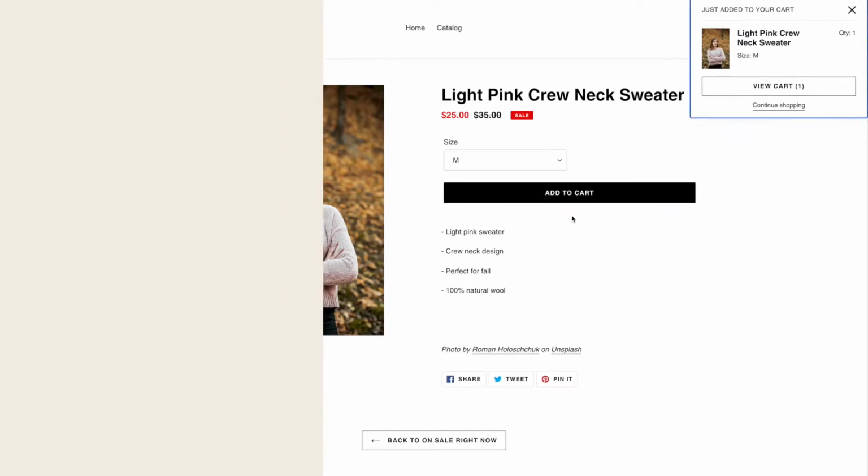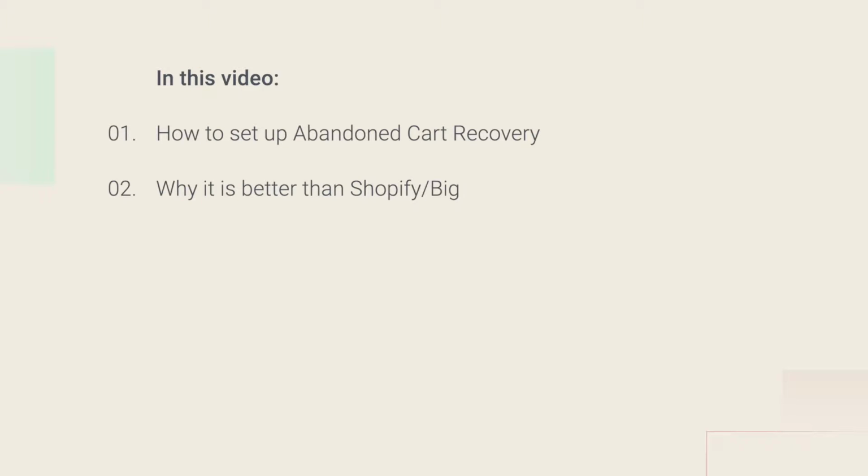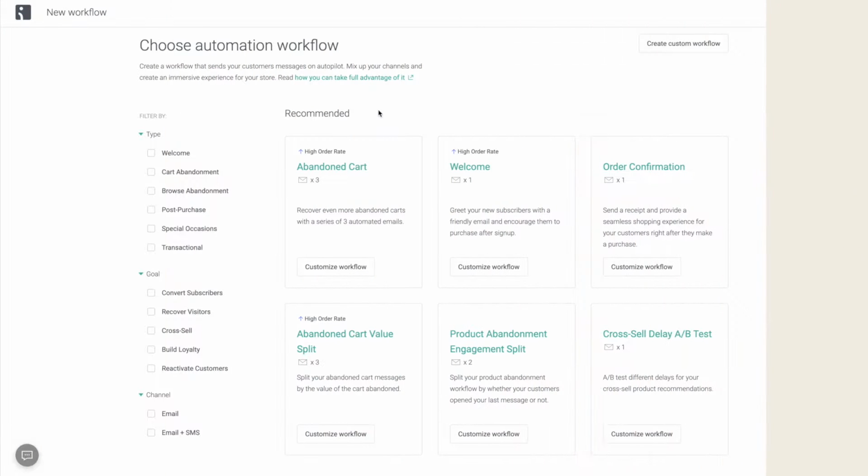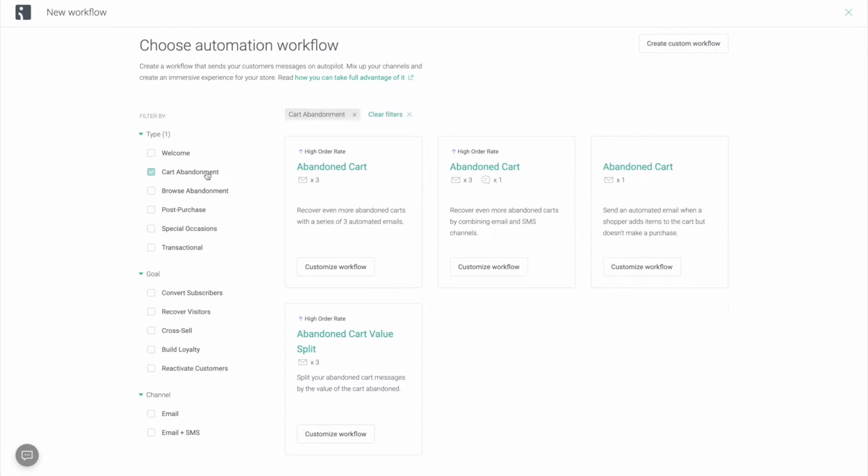a purchase. In this video, we'll go over how to set up an abandoned cart workflow, why it is better than your e-commerce platform's default emails, the best practices of what you should include in the messages, and how to make sure that your customers do not abuse the workflow to receive discounts every time they purchase. Let's jump right in. The first step is to create an abandoned cart workflow by selecting one of the pre-built